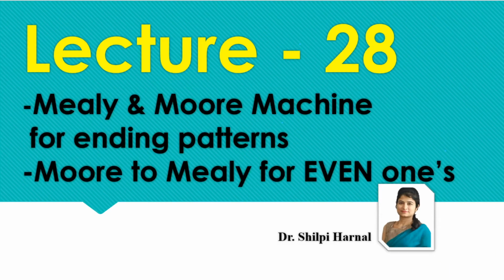In this lecture, we are going to practice some more examples of Mealy and Moore machines, that is, for the ending pattern. Means if we are given the constraint of an ending pattern, then we have to output a particular symbol. Next, we have to count the number of ones. If the number of ones is even, then we have to output even, otherwise we have to output odd. These two questions are very important from the exam point of view, and this second question, for an even number of ones, appears so many times in the exam. So let's start with the lecture.